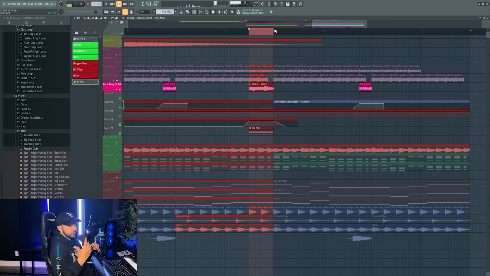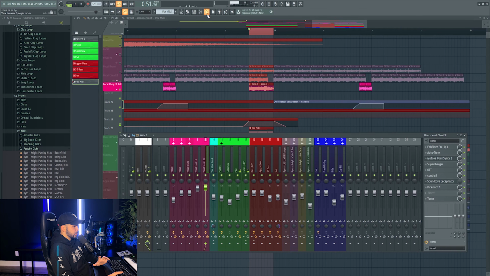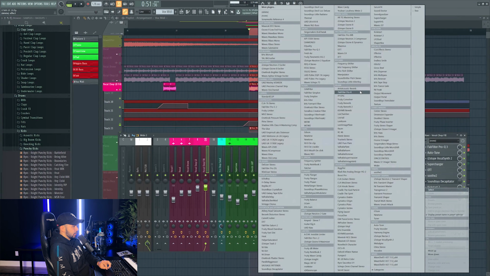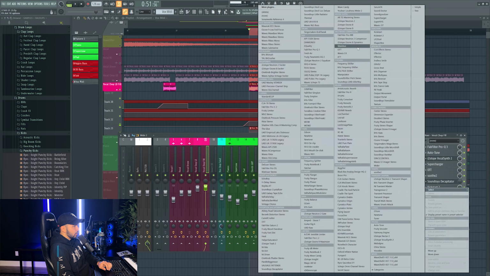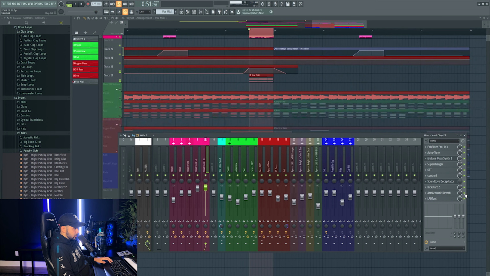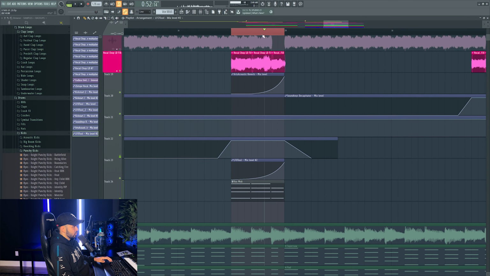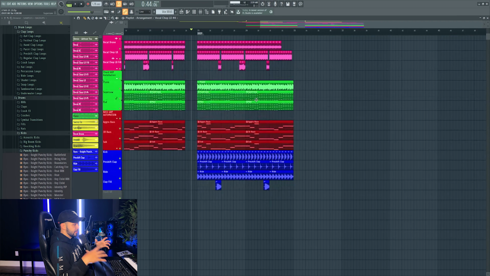We can also make this vocoder fill a little cooler. In my head, if we did a reverb swell and an LFO tool thing, I love calling it the LFO tool thing, just an LFO like stutter, I think that would be really cool here. I'll add an Arts Acoustic for a reverb throw, and then I'll grab an LFO tool, and then let's automate the two. All right, beautiful. So everything sounds good so far.